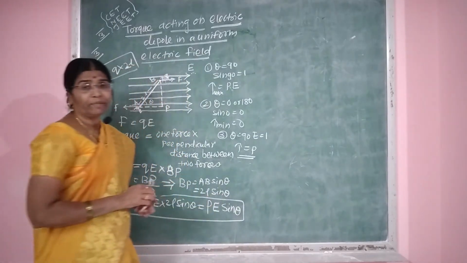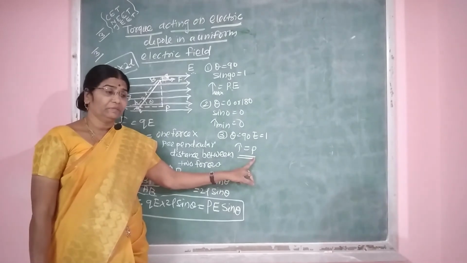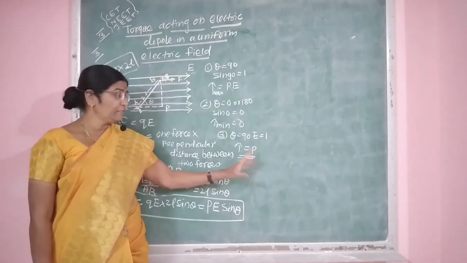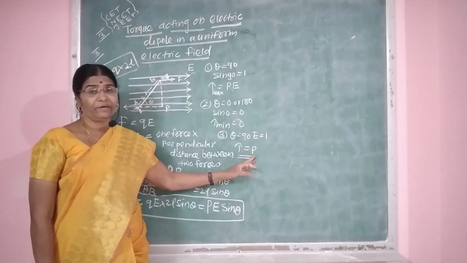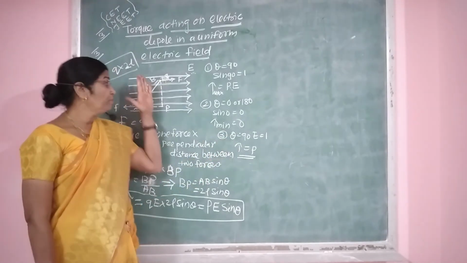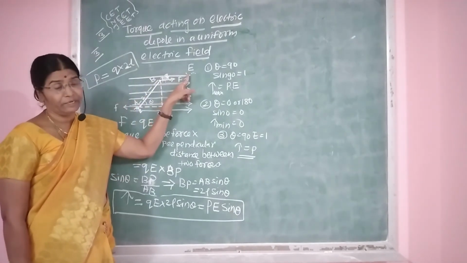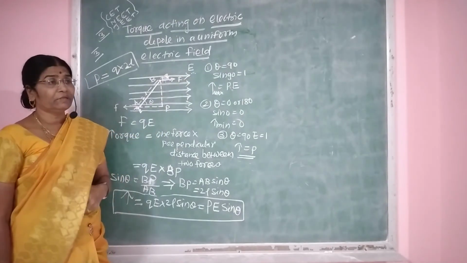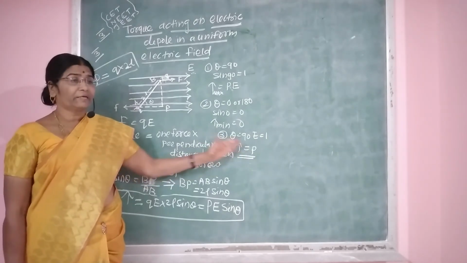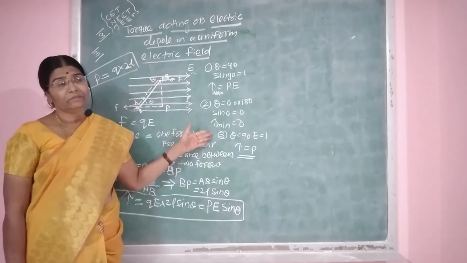Now, from this equation we have to define the electric dipole moment, that is, electric dipole moment is also defined as the torque acting on electric dipole when placed perpendicular to the direction of electric field of unit intensity. In this way, we have to see the maximum torque, minimum torque and a definition of electric dipole moment, which is asked in the MCQ as well as in problems.